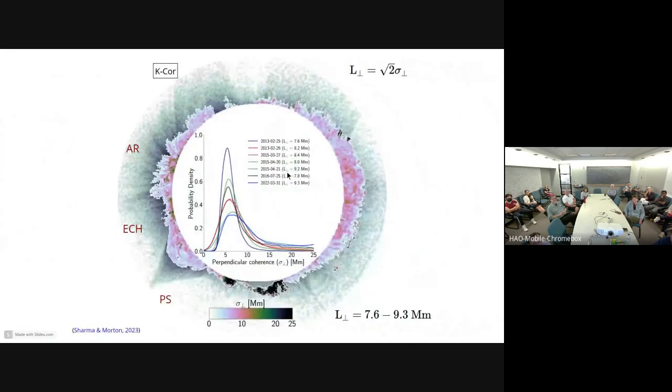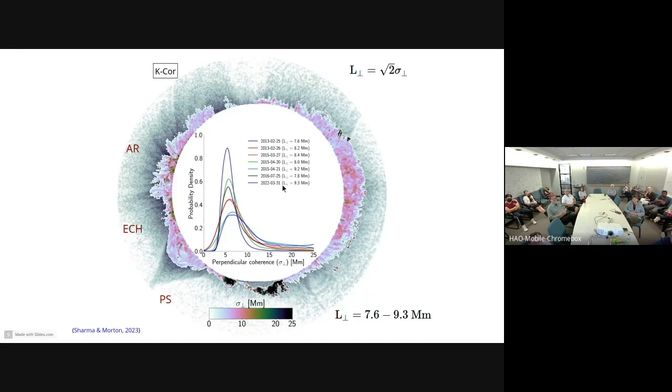Now, we repeated this analysis for a number of the data sets over the course of the solar cycle. Most of these data sets have been coming from the COMP, except for the last one, which has been coming from the UCOMP. So that's where we wanted to see what if we do have a change in the pixel size, the resolution, whether it will affect the estimation we've been doing for the perpendicular coherence